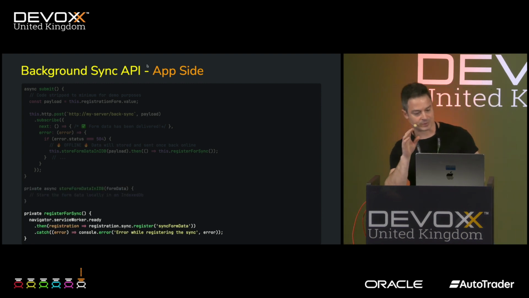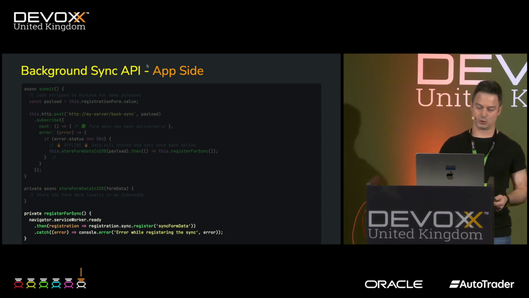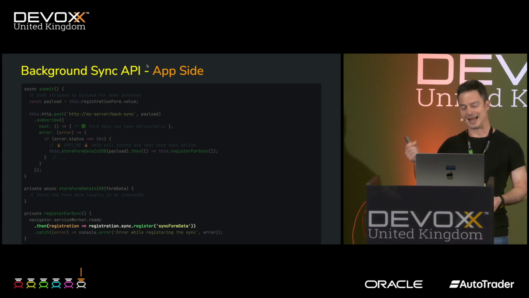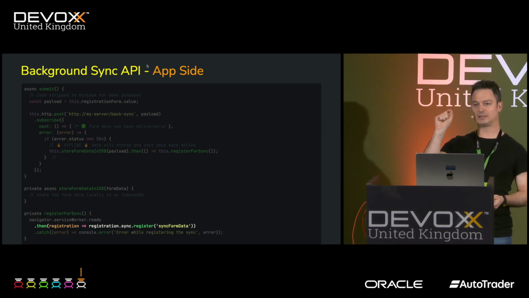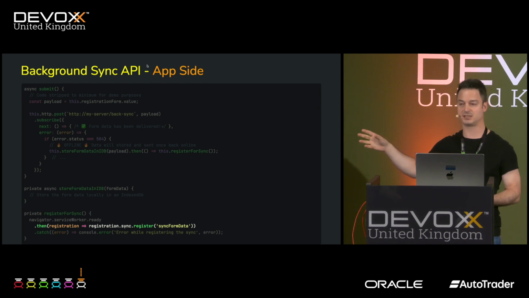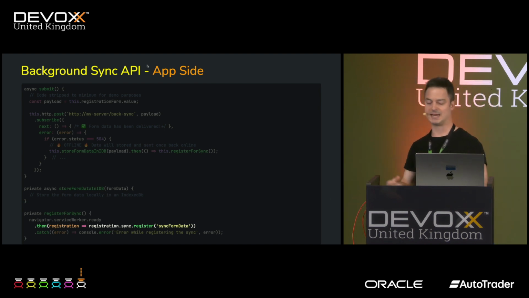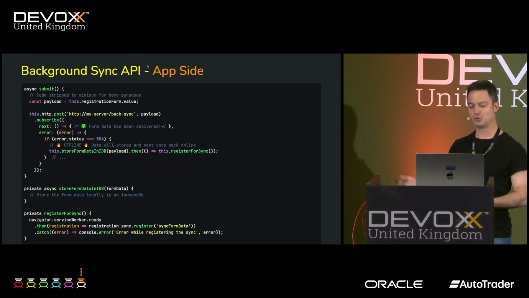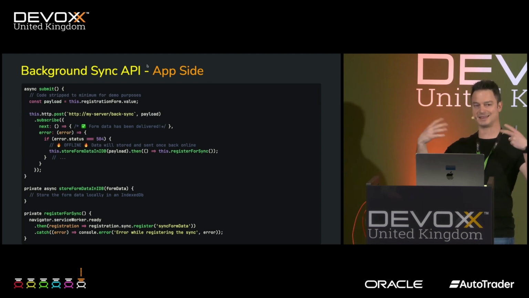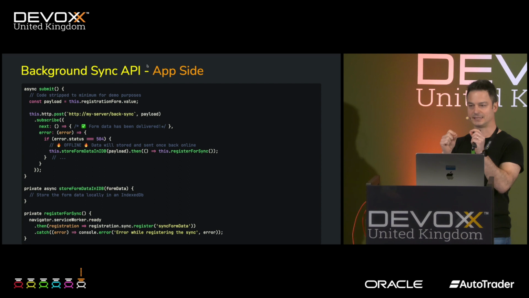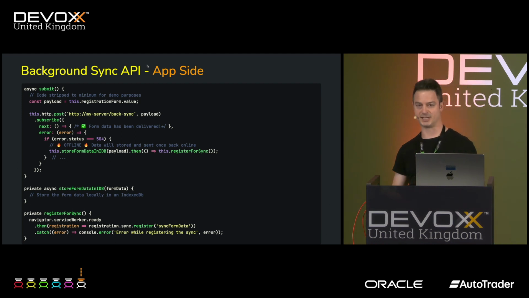So we store all the data locally in IndexedDB, and then we call this method. This method uses the sync property of the registration manager that allows to register a so-called sync tag. The sync tag name must be unique. In this case, we want to use sync-form-data as a unique identifier. This will be then used by the service worker to detect that there is a sync object with this identifier and something must be done. So now we are on the application side.